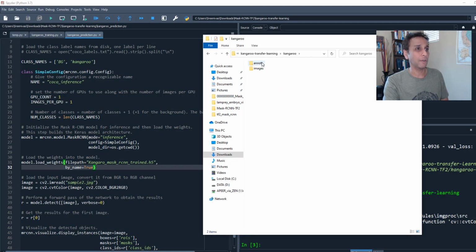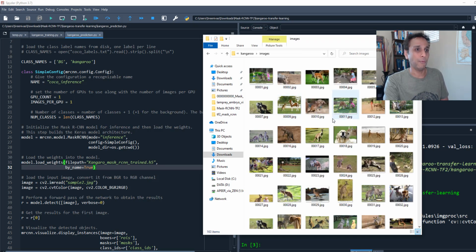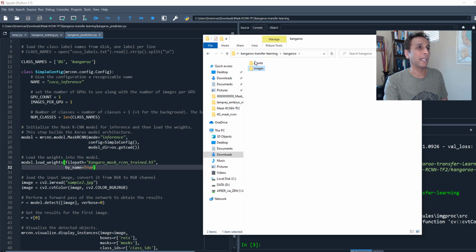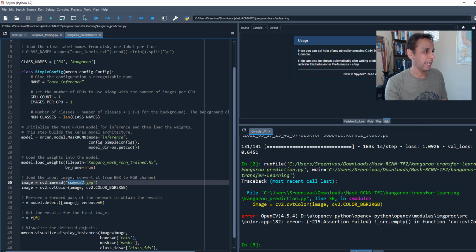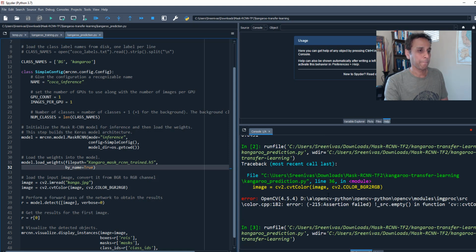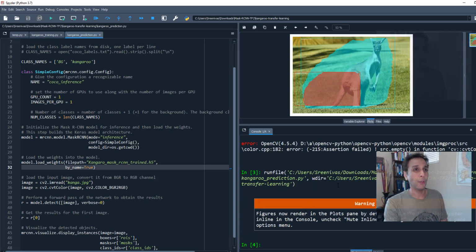I'm going to copy something from our images and rename it. So let us just pick this one. Okay, go back. Let's paste it here and change this to Kanga. Okay, and let's do that here. Kanga.jpg. Now I hope this should run. So we're just using our trained model. Yep, there you go. Obviously the semantic segmentation part is not great, but the bounding box is doing an amazing